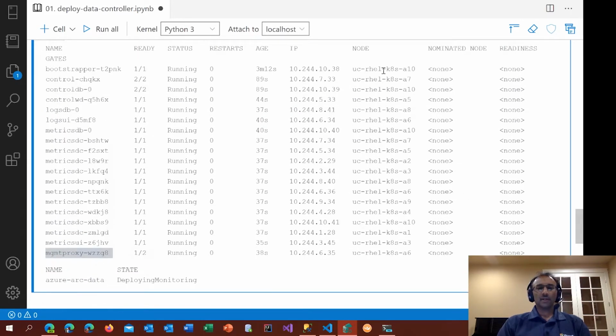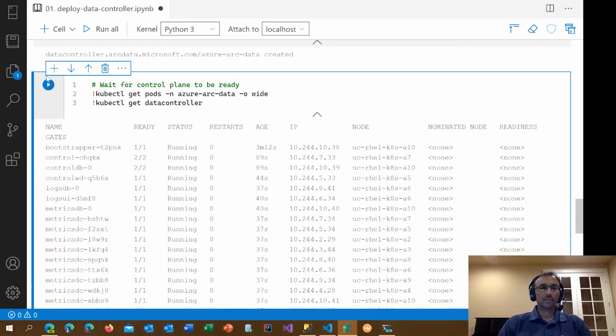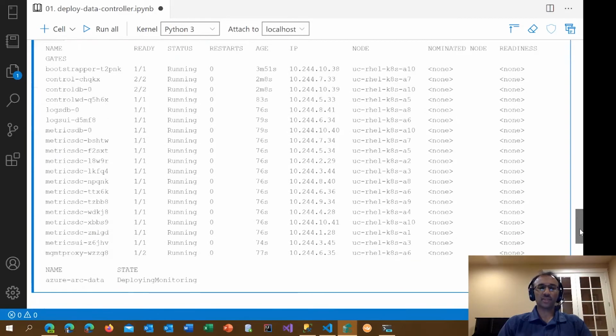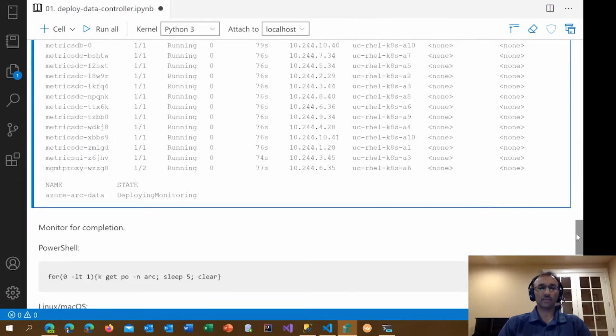I've shown the nodes also here just to show these are getting deployed in different places. This is a 10 node Kubernetes cluster. So once this gets going, this usually takes about three minutes,